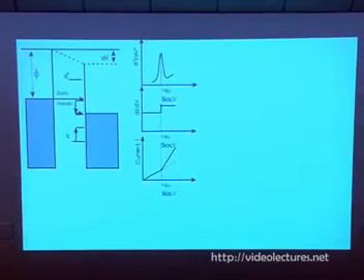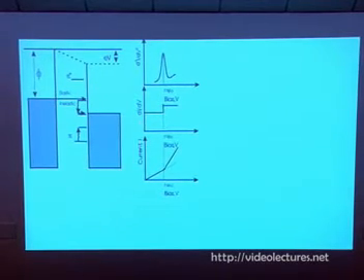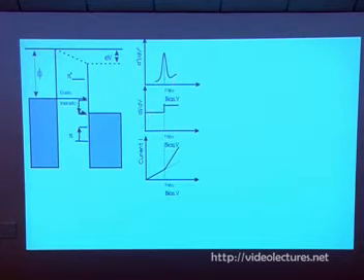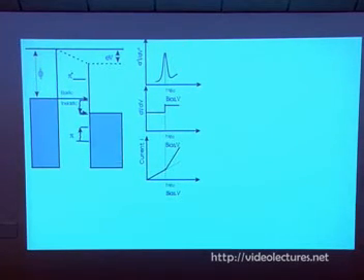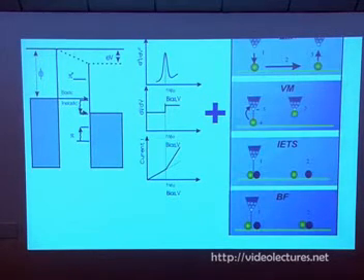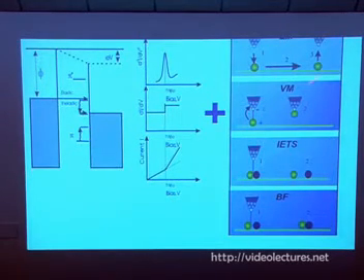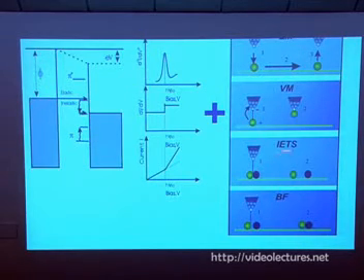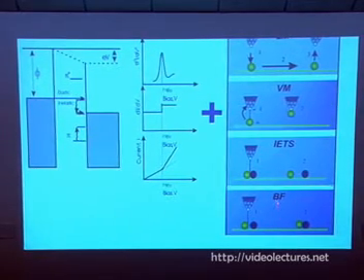Now, the STM is not just a manipulation tool, it's also a spectroscopic tool. We can do, for example, IV tunneling spectroscopy. By changing the voltage, we can measure the current, or we can measure the dI/dV, which is a first derivative signal that tells us electronic structure like density of states, or the second derivative signal that tells us the vibrational signature of the molecule. And combined with this, all the manipulation techniques like lateral, vertical, IETS, and bond formation, we have